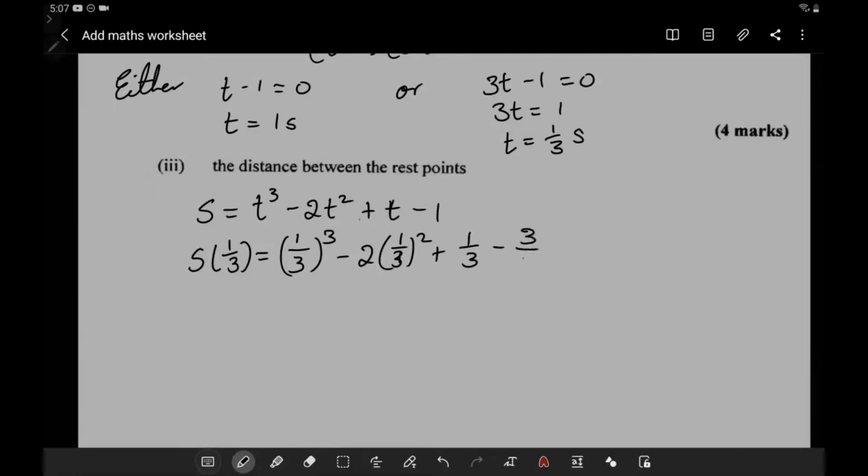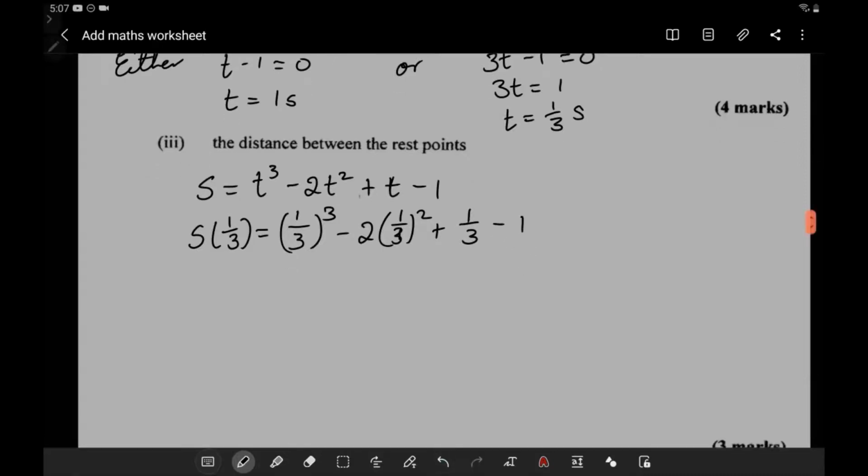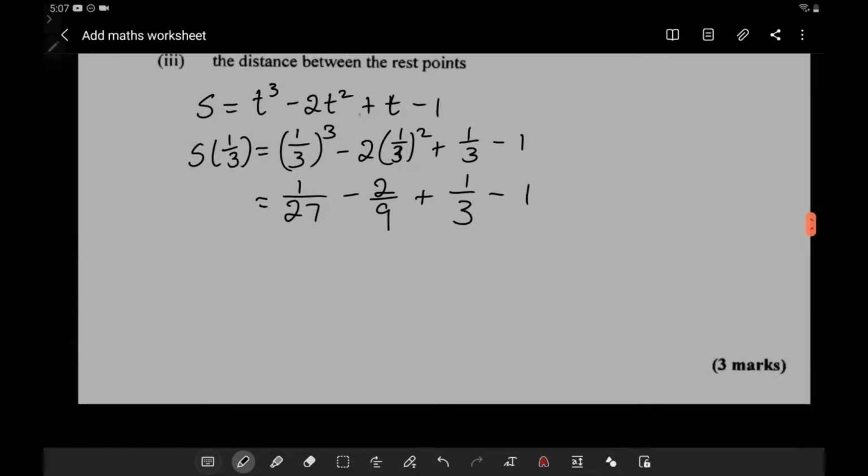allow me to write this 1 as 3 over 3, or this 1 for now. Let's write it as 1 for now. So here 1/3 cubed, we have 1 cubed is 1, 3 cubed is 27, minus 2 times 1/3 squared, which is 1/9, so we have 2/9 here, plus 1/3 minus 1. So simplifying this, we can get